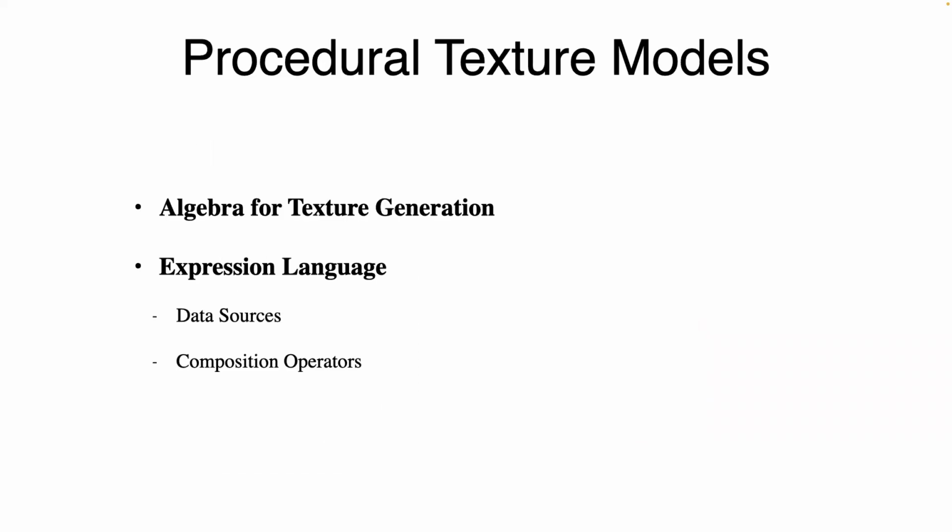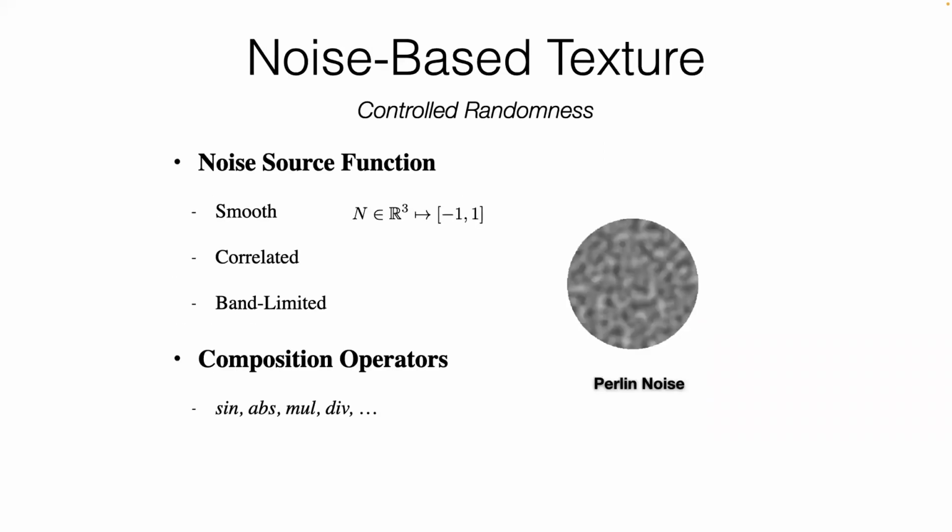And then for procedural texture models, we have an algebra for texture generation. And that algebra is going to be an expression language. And similar to the shader graphs, we have the data sources and composition operators, right? And also we use this concept of patterns and noise. And so here I'm going to discuss noise-based textures, which are important because of the controlled randomness. And as a note,